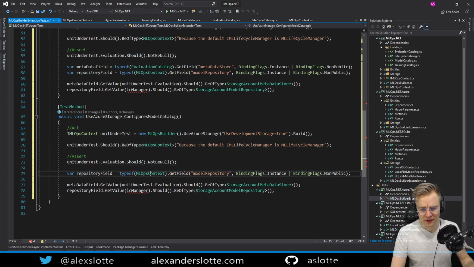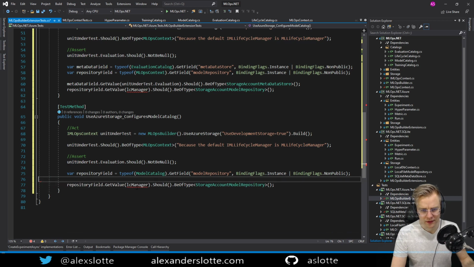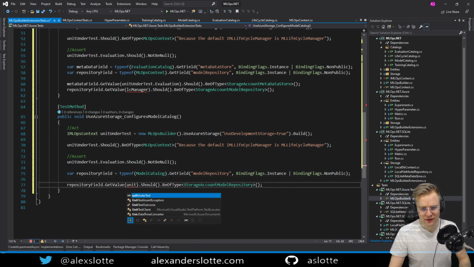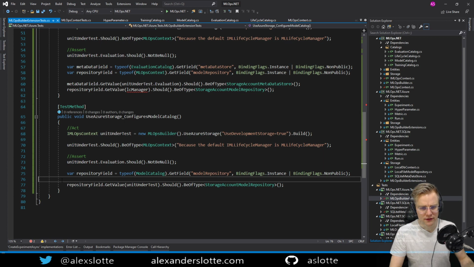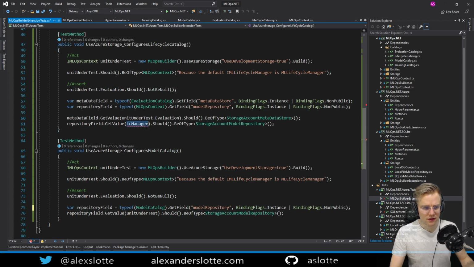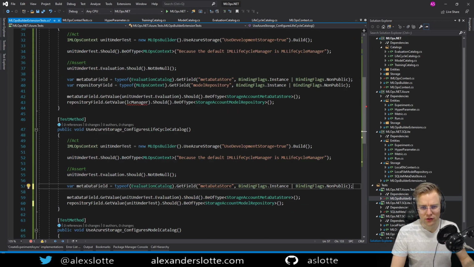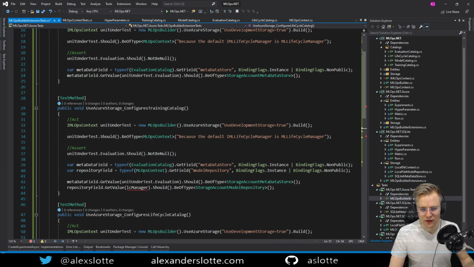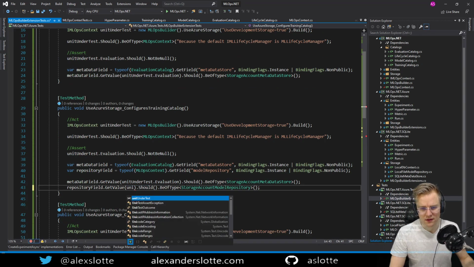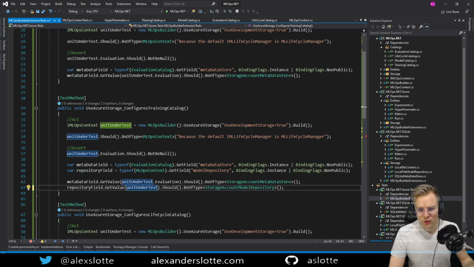Repository field. This should be a model catalog. We don't need to worry about that one. This should be unit under test. Okay, perfect. The other one here is going to be unit under test. And this is not going to be a repository, so we don't really care about that one. But this one, on the other hand, is going to be the lifecycle one. And this one here is going to be the training one.